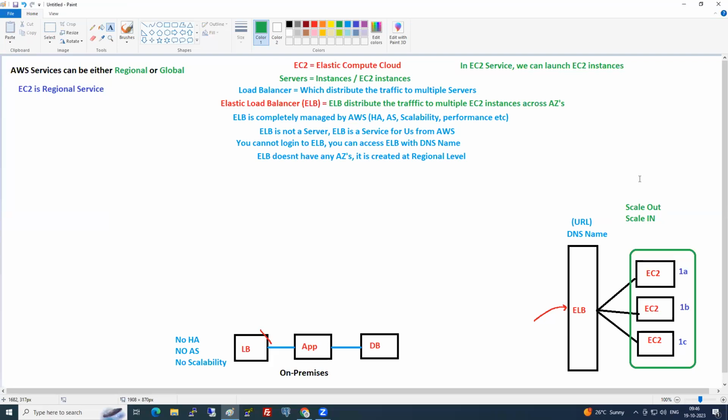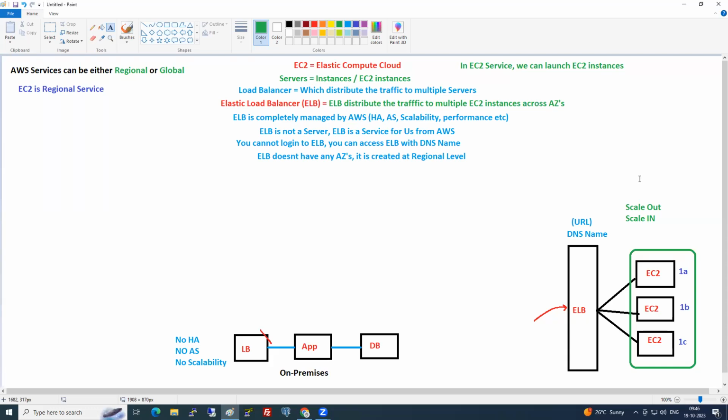Is it clear till here, everyone? Okay. So EC2 is one of the biggest services in AWS. We will take so many days to specially work on EC2.